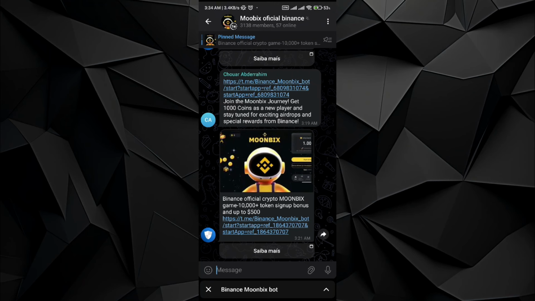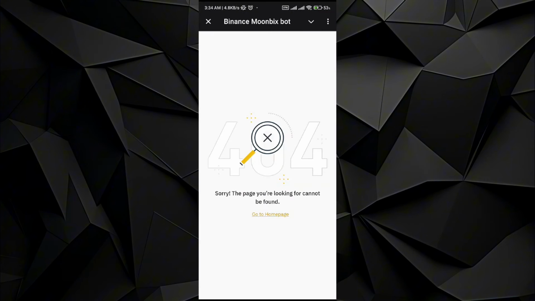So what you guys can do is go to their official Moonbix official Binance channel. In here, all you have to do is tap on the Binance official crypto Moonbix game. Once you do it, you will see this page which says sorry, this page you are looking for cannot